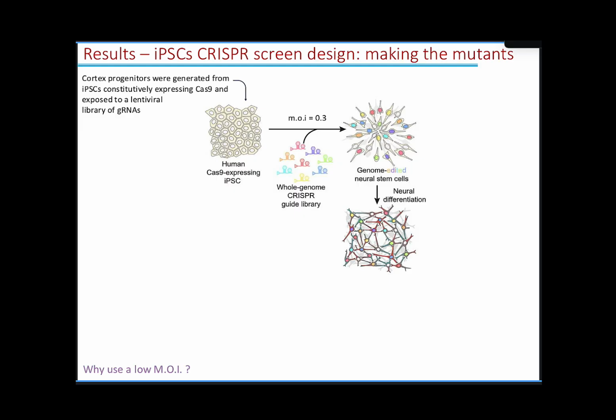Because these cells already have Cas9, and what the authors did was incubate those cells with a collection of viruses, each of which had a specific guide RNA for bringing that Cas9 to somewhere in the genome. So the collection of guide RNAs that they used would target genes in the human genome,